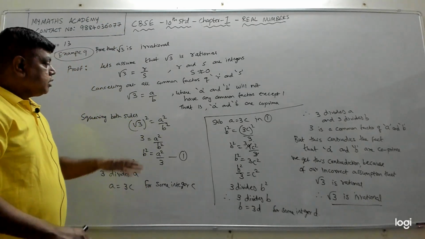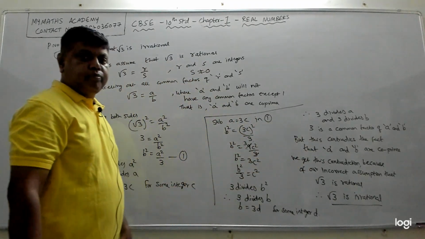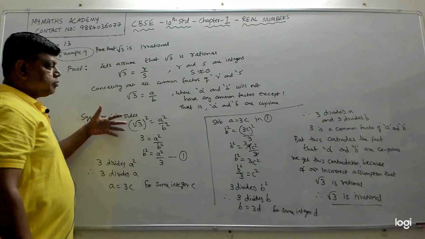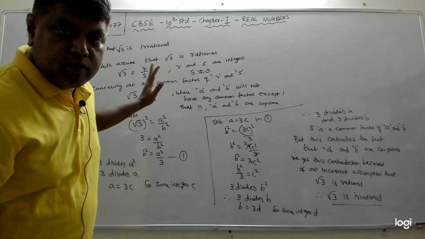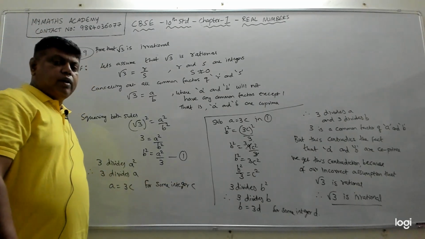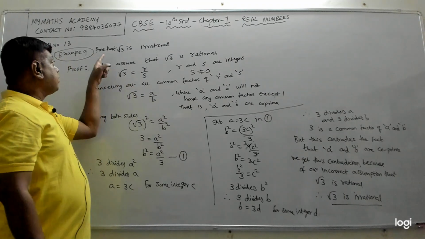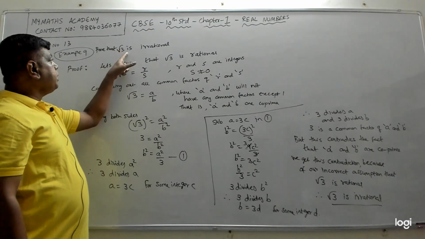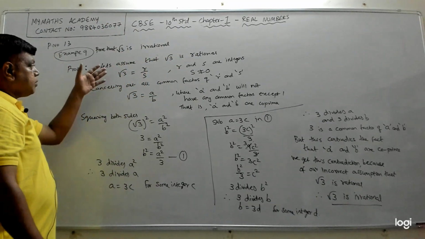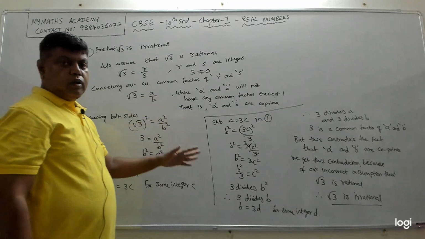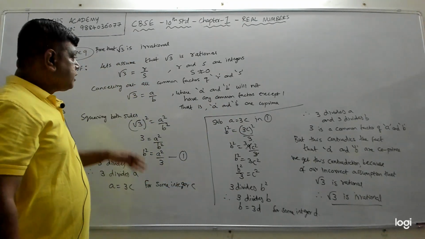Okay. So I just made the changes: wherever 2 was there, I replaced it with 3. The same explanation we gave for root 2 being irrational, we have given for root 3. And you can use this for any prime number. Prove that root p is irrational for any p where p is a prime number. That is always true. The square root of any prime number is an irrational number. The same method you have to follow.